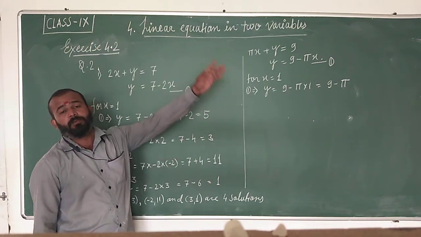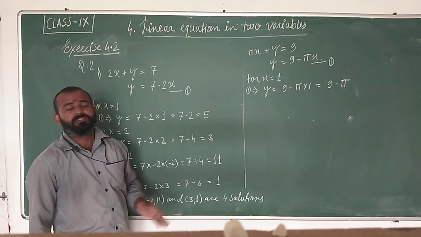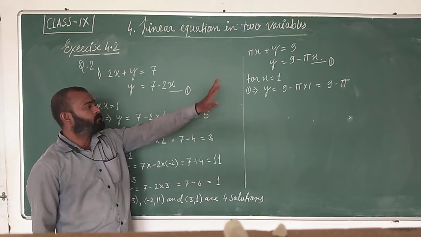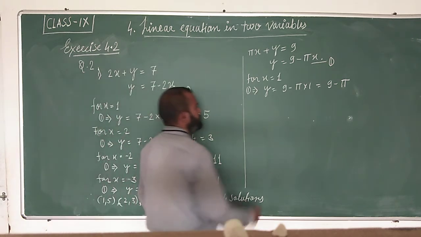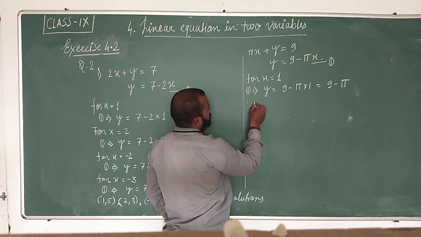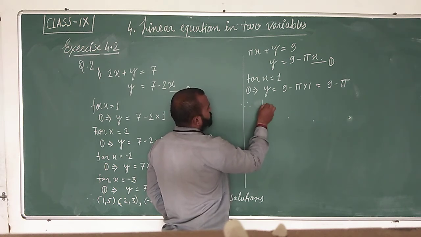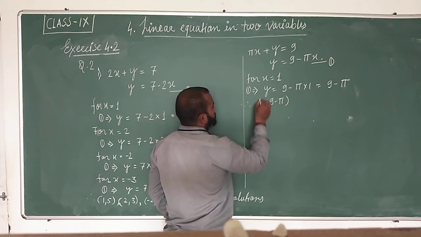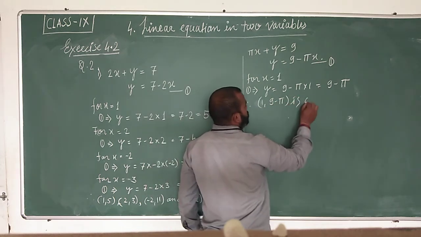Keep it as it is. Therefore, we can write x equals 1 comma 9 minus pi is one of the solutions